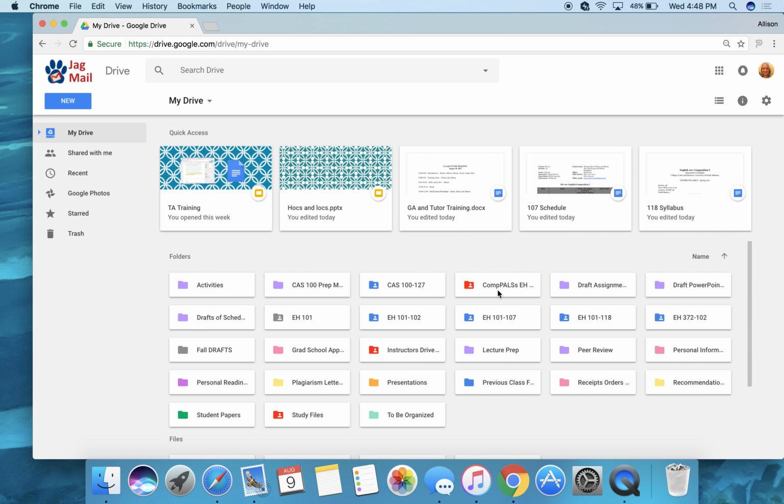Google Drive is just like Dropbox. It's a place where you can store documents, slideshows, materials, anything that you may need that you don't want to lose track of. You can see on my Google Drive here that I have several different folders, and you can see the last couple of projects that I've been working on. But for our purposes, all you're going to do today is create a folder that you can share with your